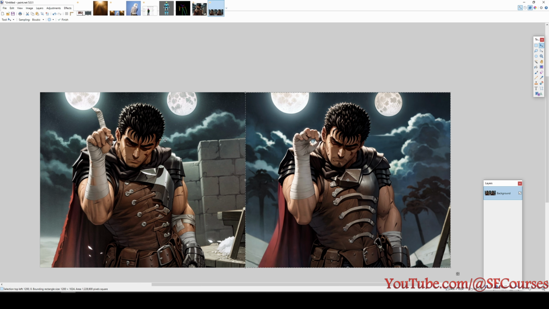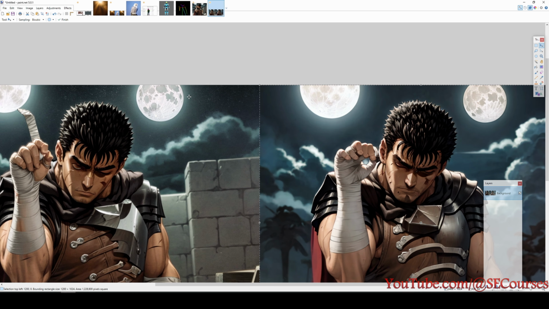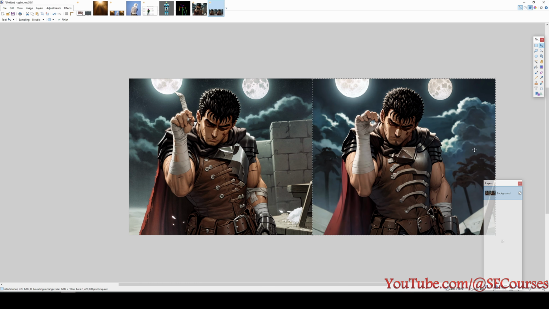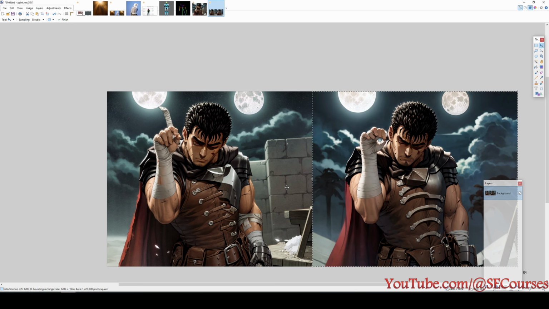Actually, our upscaler did a better job, except for the hands. As you can see, the hands have six fingers, so that is a mistake, but the quality of our upscaler is definitely better than the quality of the Lollipop. Also, there are some other differences like the background, so it is not the exact same image, it is the same pose and almost the same armor. So if I install the Lollipop, I should get the same.